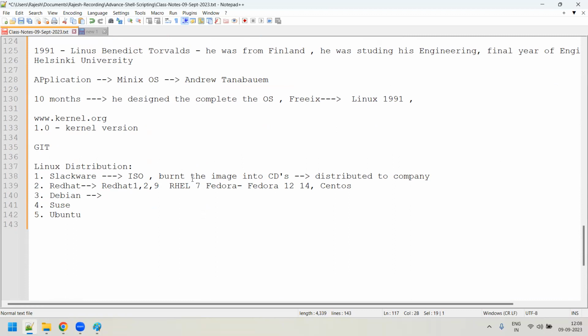But I said in a very high level, I told about how this came into existence. Okay, now. So Linux came into existence, and this GCC compiler, whatever the Linux kernel we have, that was taken from kernel.org, which was designed by Linus Torvalds, right? And then they integrated it with the GCC compiler, because GCC was written by Richard Stallman, and it is open source.